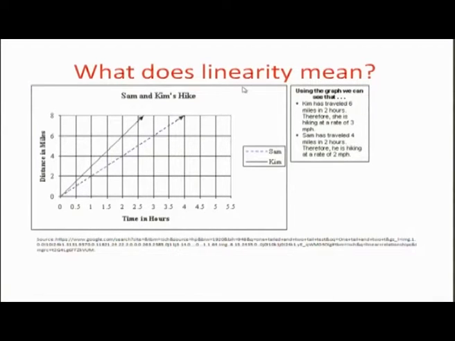What does linearity mean? These are examples of two straight lines. Linear means following a straight line. What is the property of both? The property is that in a linear relationship, fixed changes in the values of x produce a fixed change in the values of y. So, like 0 to 0.5, this is the change in x, this is the change in y on the dotted line.